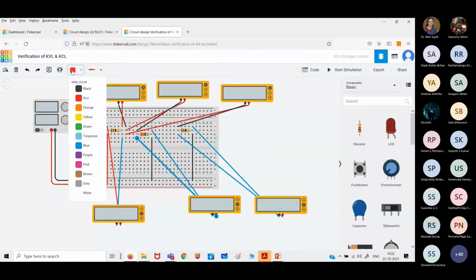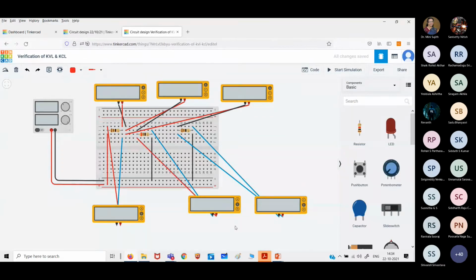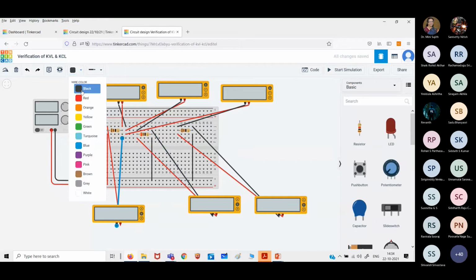I think this was positive. This is red. Yes, and this is red. Maybe you can change it in whatever you are connecting right now. So I'll put this just to differentiate ammeters from voltmeters. I have made that because too many black, white, I mean red, black, I thought it may be confusing for you people. Anyways, now it is fine. Yes, ma'am. Thank you. Okay, let me repeat the connections once again.